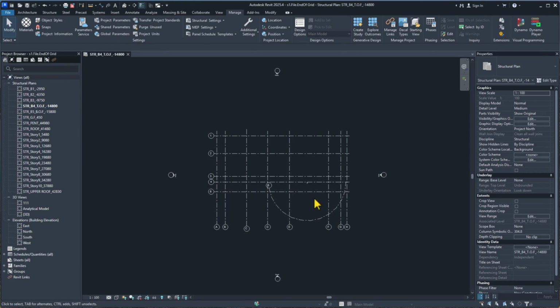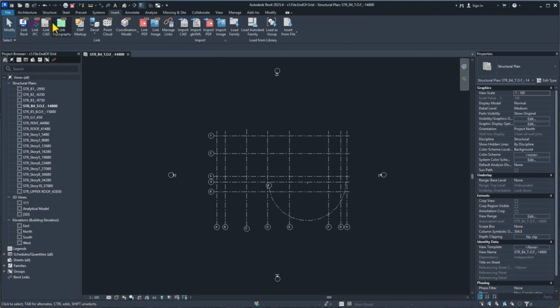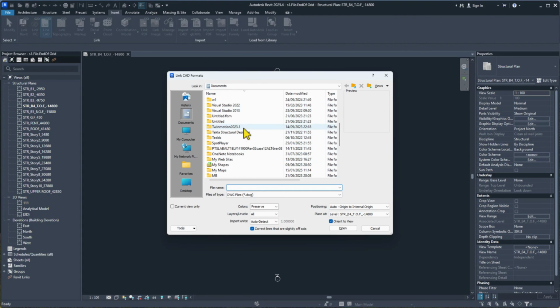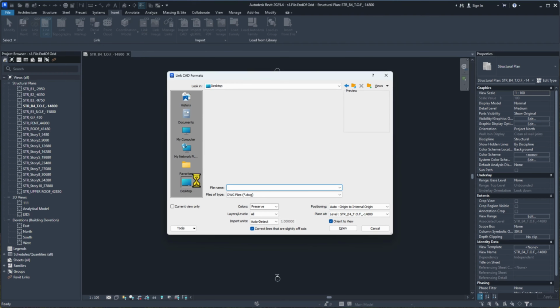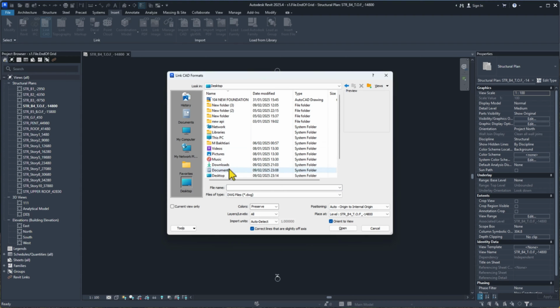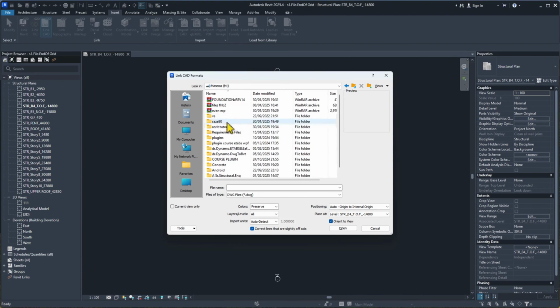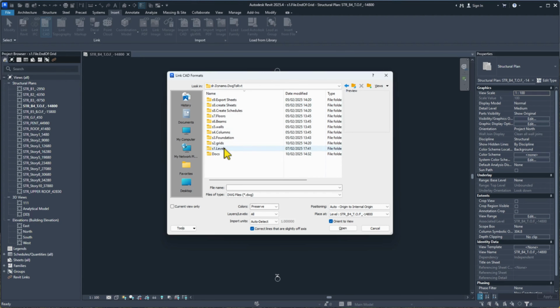In the Revit model, we select Insert and select Link, and then select this DWG file. This file consists of